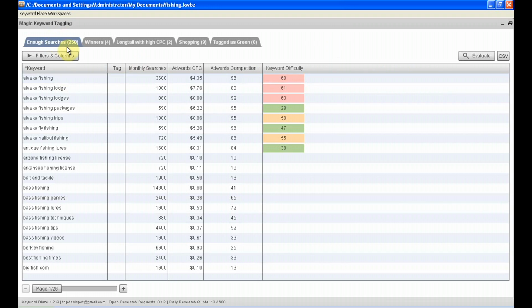Basically, you have several sections here: enough searches, winners, long tail with high CPC, shopping, and tagged as green. And what this magic keyword tagging window does is, as you go about conducting your research of keywords, it keeps track of everything that you're doing,